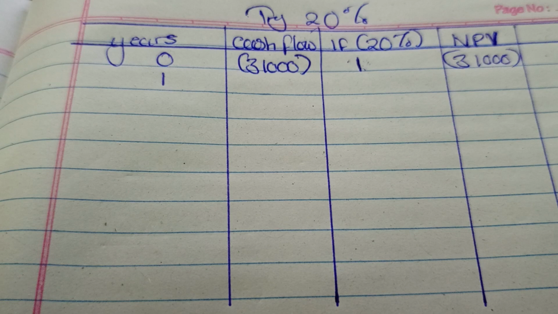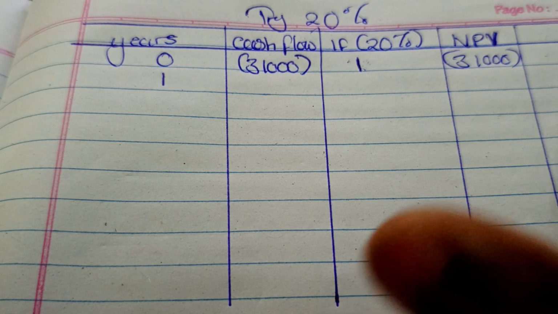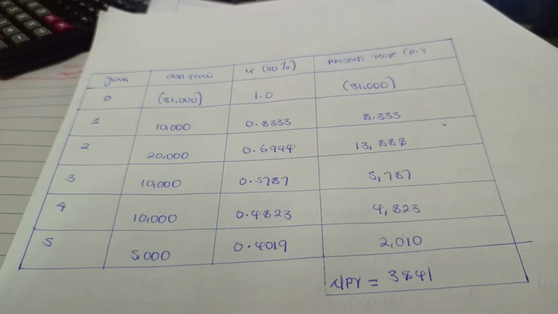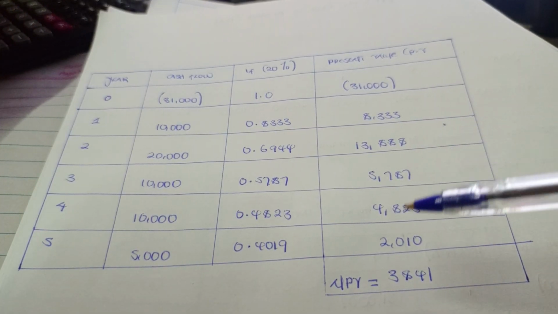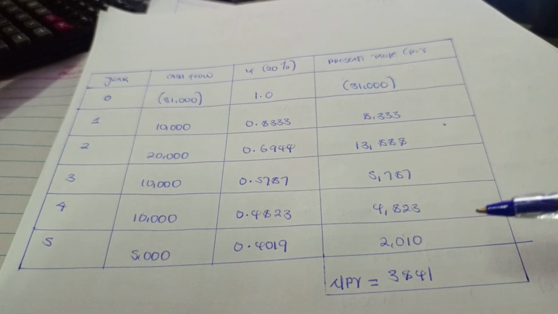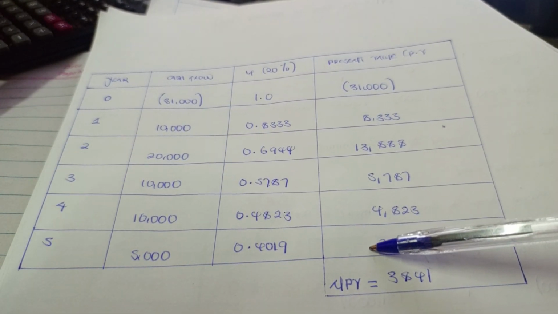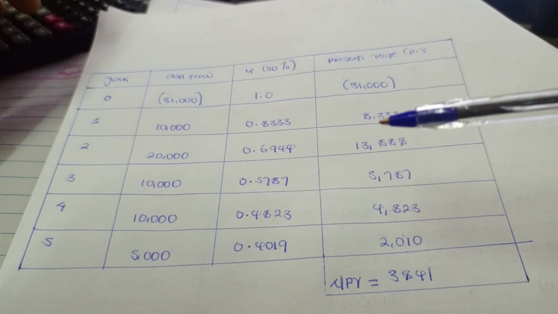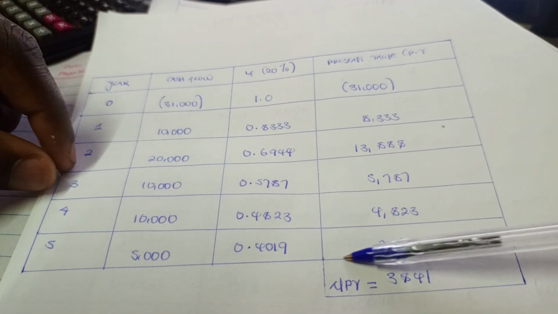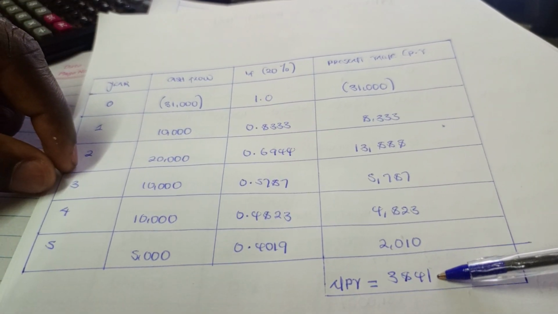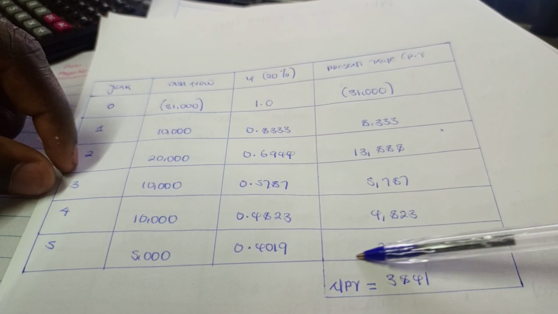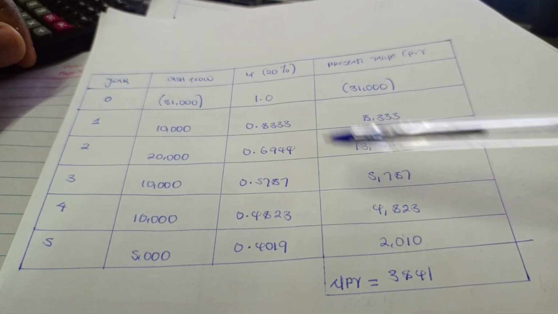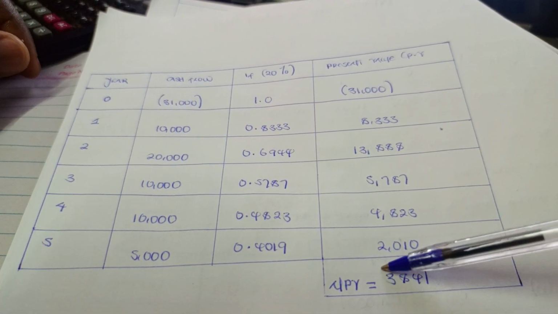So if you calculate the net present value for this box using 20%, these are the results that you are going to get. If you calculate the net present value using 20%, you will get this as your positive. Then we should know, when we are calculating the internal rate of return, always you need to have one net present value which is positive and the other net present value which is negative. So using 20% as your discount factor only reduced the net present value but did not